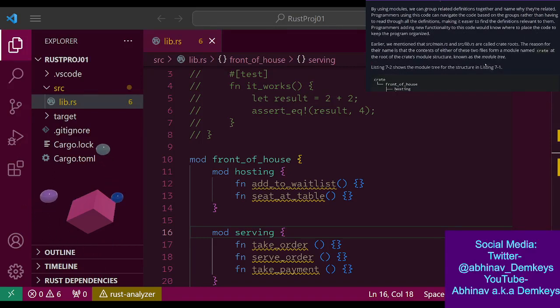Okay. By using modules, we can group related definitions together and name why they're related. Programmers using this code can navigate the code based on groups rather than having to read through all the definitions, making it easier to find the definitions relevant to them. Programmers adding new functionality to this code would know